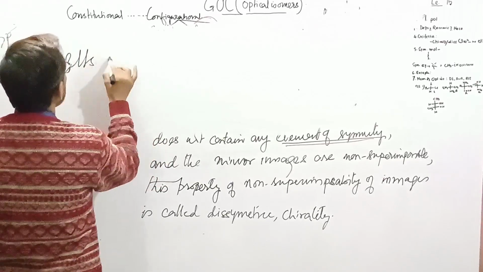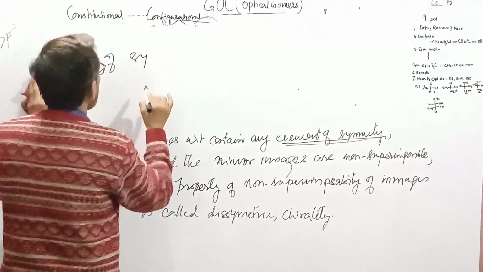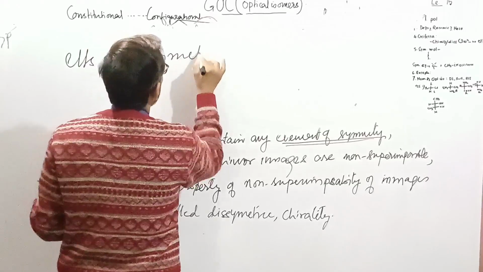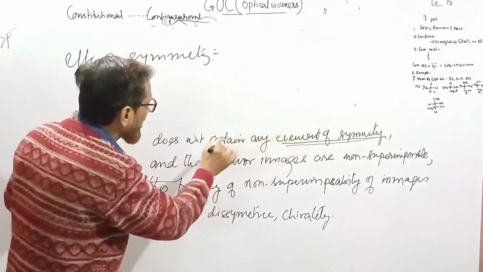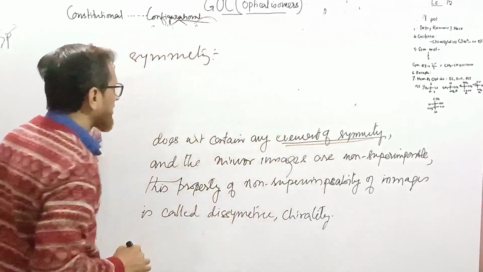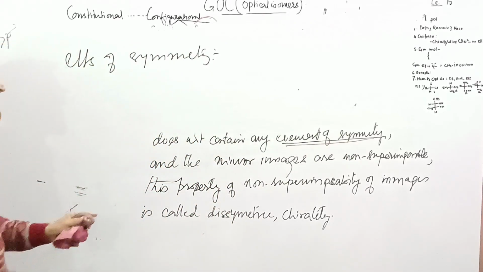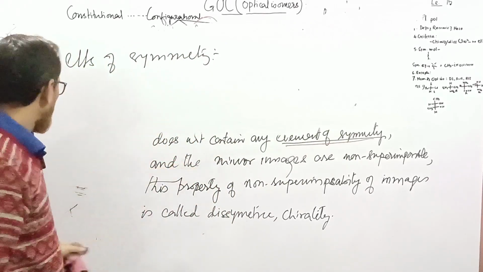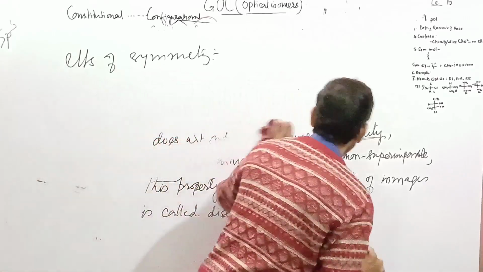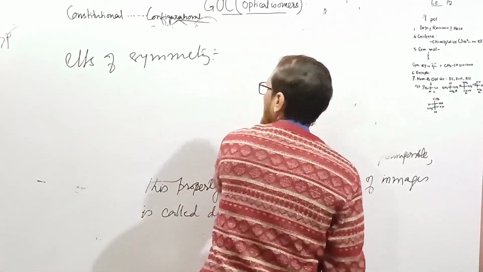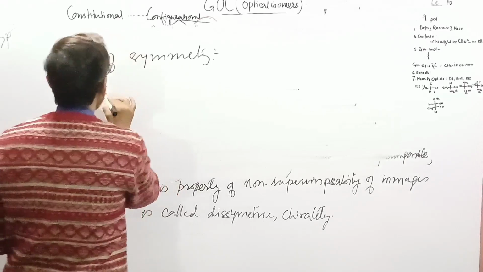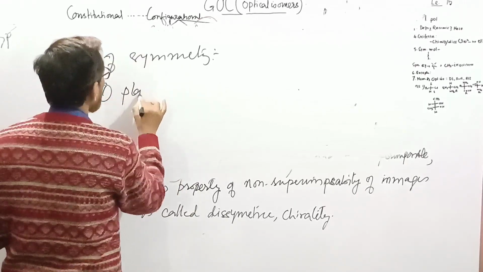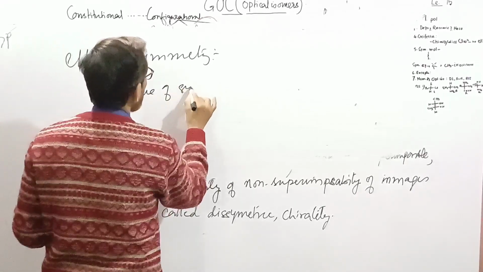Now, elements of symmetry. In my definition, I have told you that a molecule which does not have an element of symmetry, and whose object and image are non-superimposable, is called chiral or dissymmetric. Now what are elements of symmetry? Elements of symmetry are of three types: plane of symmetry,